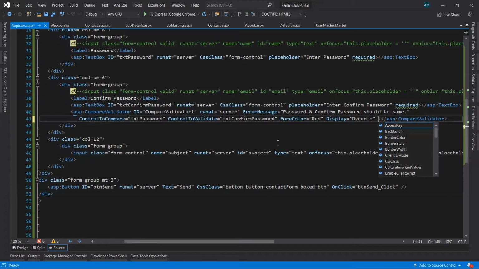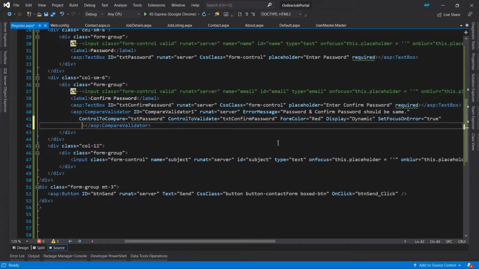Then set focus on error, make it true, font size, give it small. Okay, save it now.